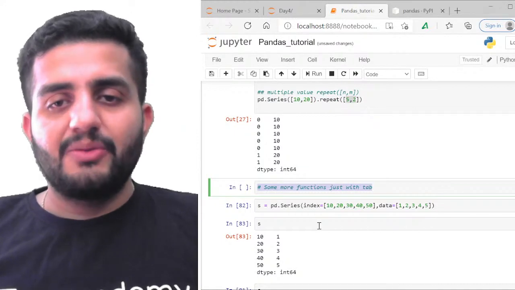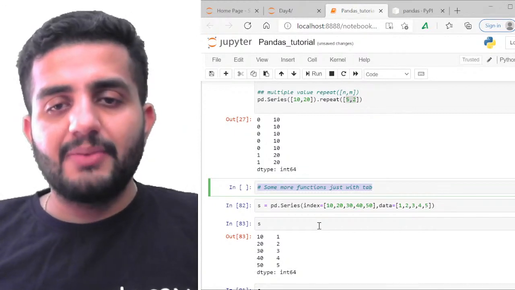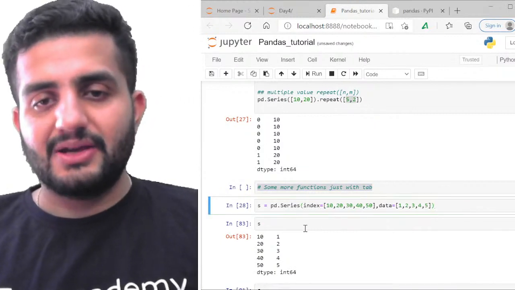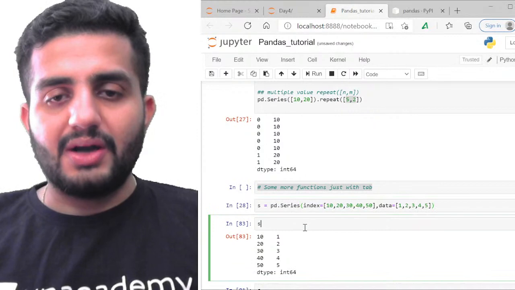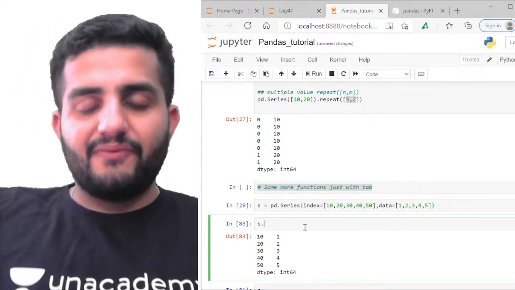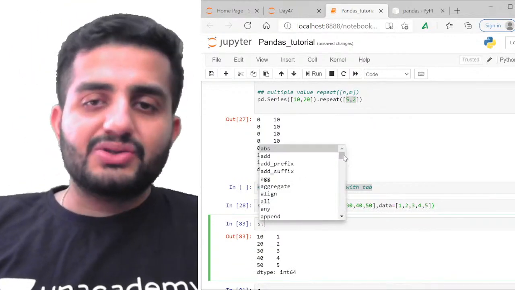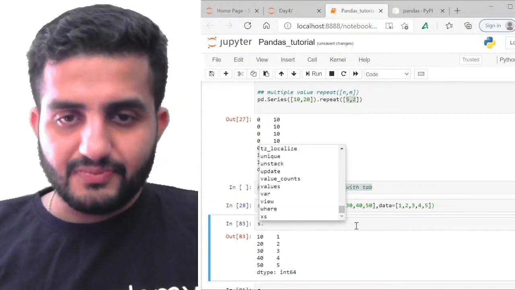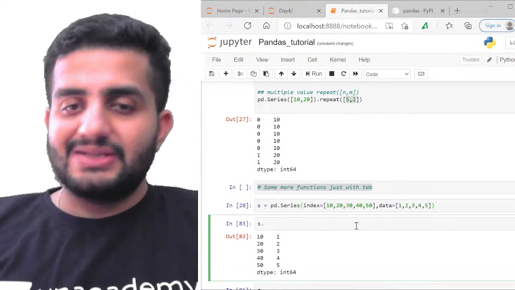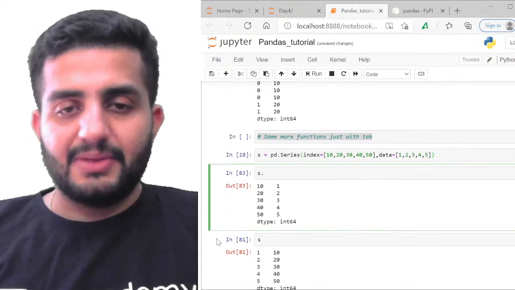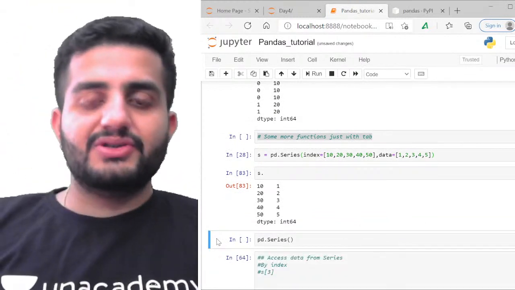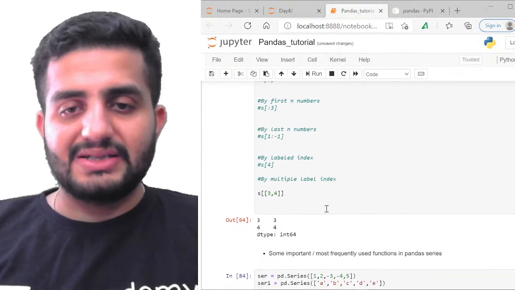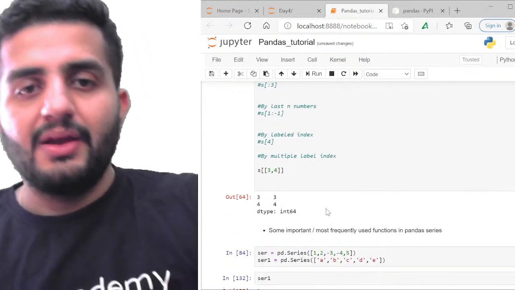Here is how you can check the available functions: suppose I've created the data element s. If you type s dot and press tab, you'll get the list of all the available functions which you can run on top of a series element. We'll talk about a few of the decent ones one by one.